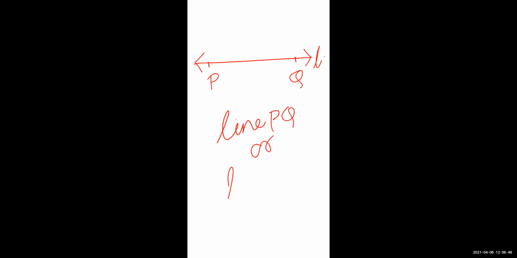The next point is, yes. Next is, this is the line. A line we can name with a single letter, that is line L, line M, line N, anything. Or if the 2 points are there, that is PQ, we can name it as line PQ also. Or you can mention it as line L also. Most of the time in a figure we use line L, line M, line N.